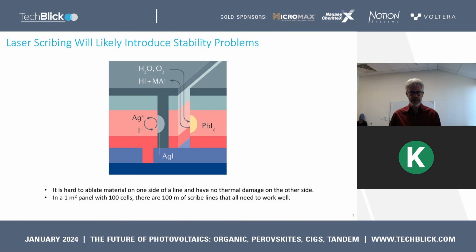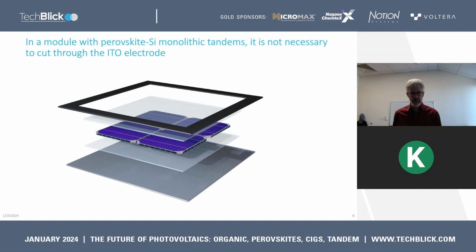I hear people talk about repairing the damage, but there's a lot of scribe line area in a module, and I'd be concerned about getting all of that damage repaired and not having any scribe regions that have any problems. So I just want to point out that in a perovskite silicon tandem, you don't need to do any scribing. You can cover the entire wafer with the tin oxide and the ITO. No need to penetrate that, and you can just take